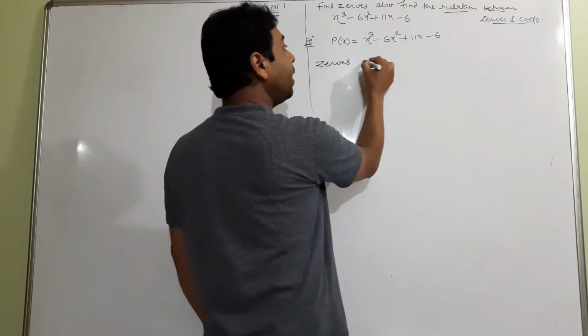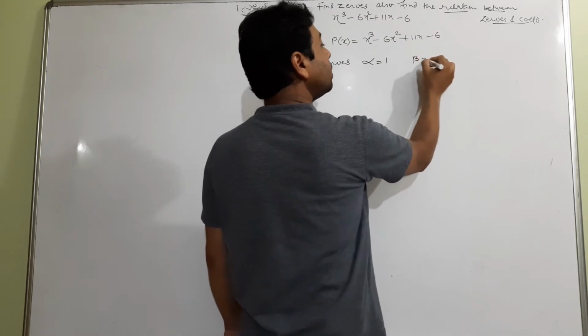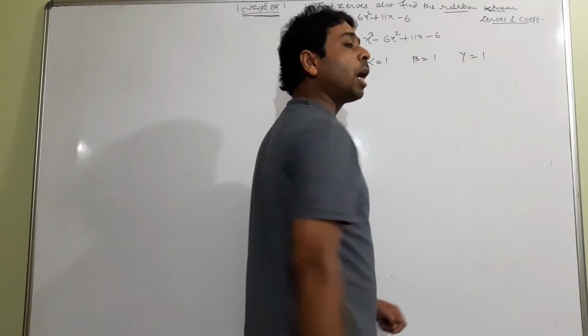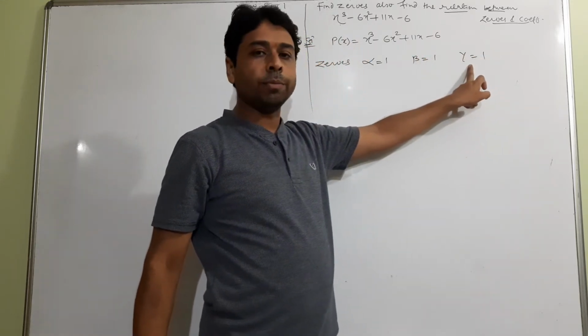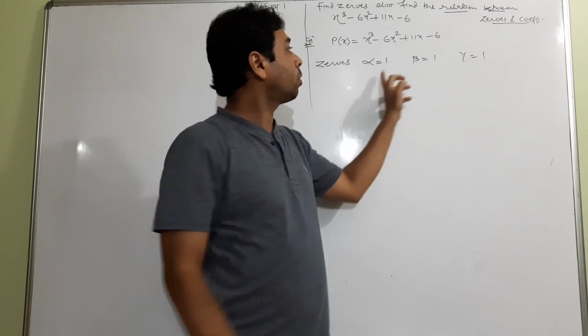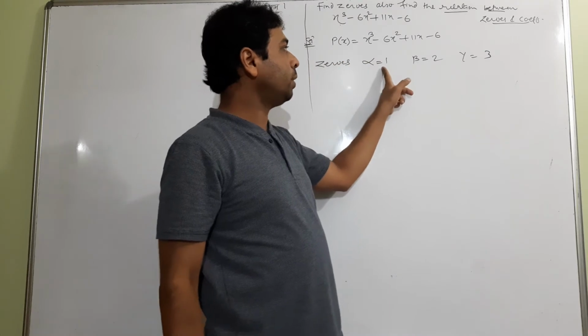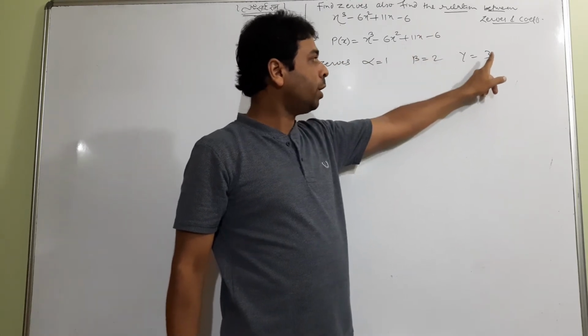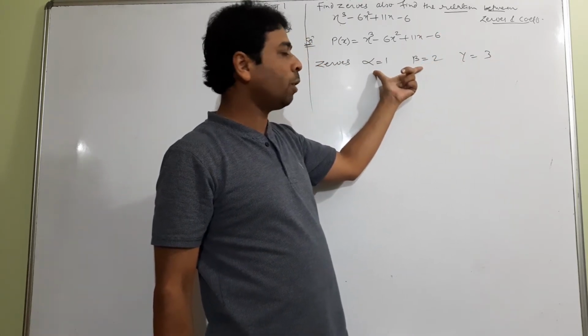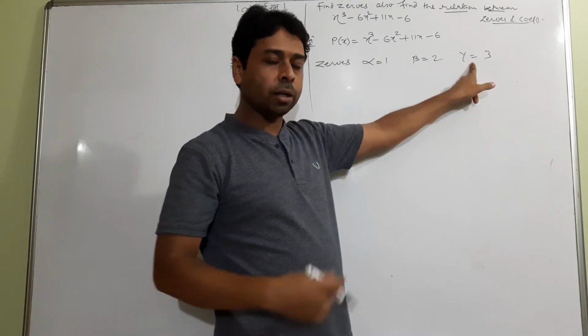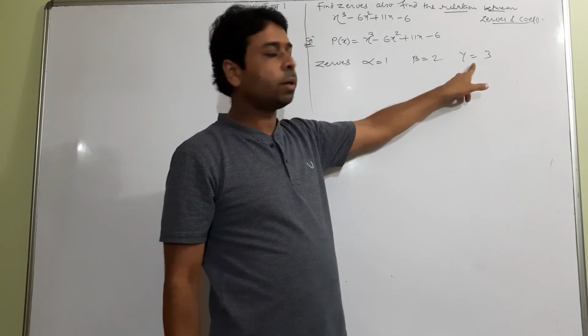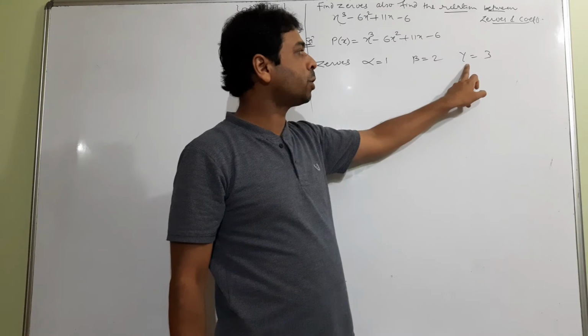1, 2, 3. So I'll say first alpha, second beta, and very interesting gamma. Sorry, 1, 2 and 3. First 0, 1, second 0, 2, third 0, 3. Till now we had in our habit alpha and beta. This time we have to go for gamma also, third 0.